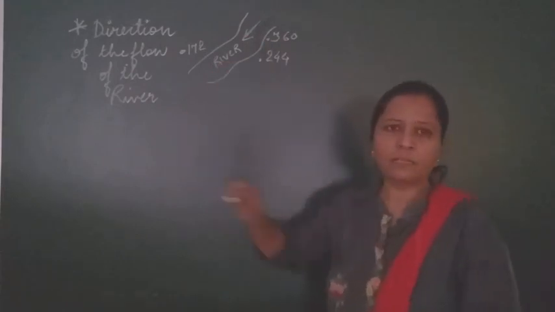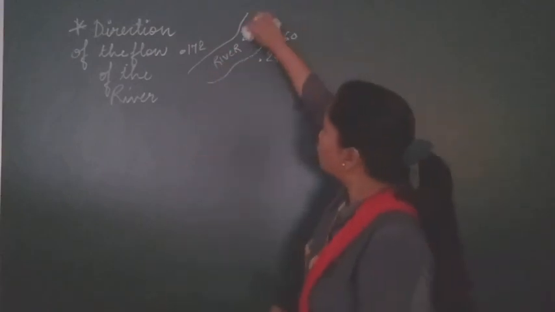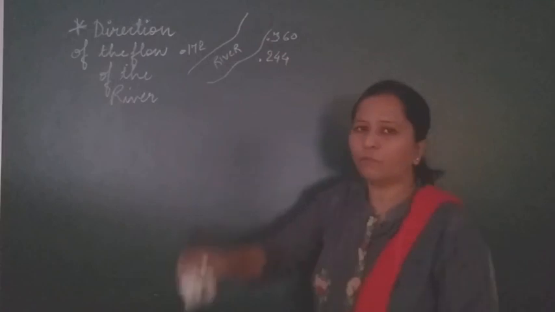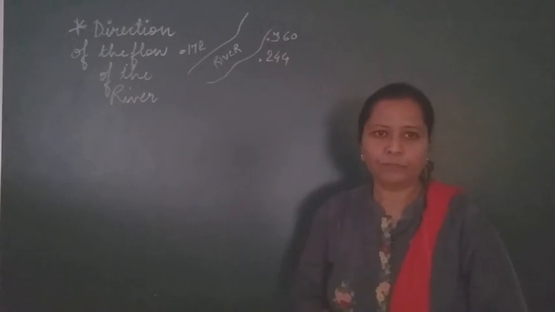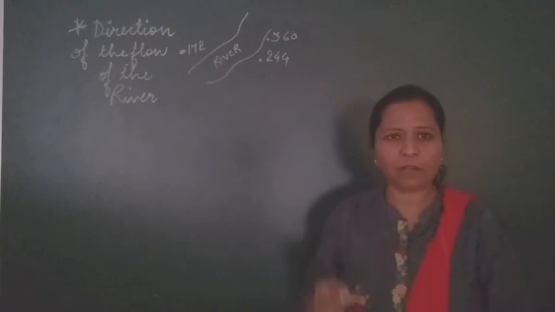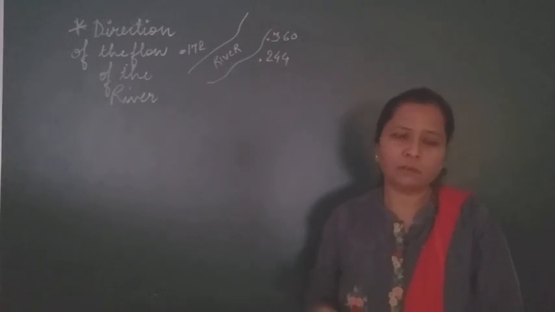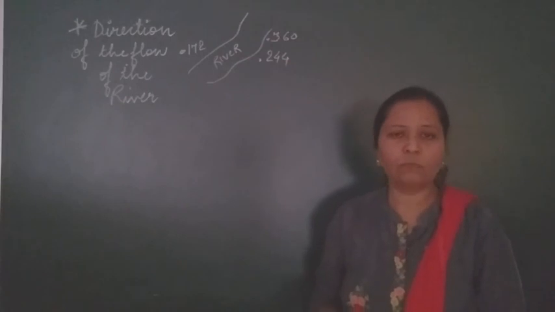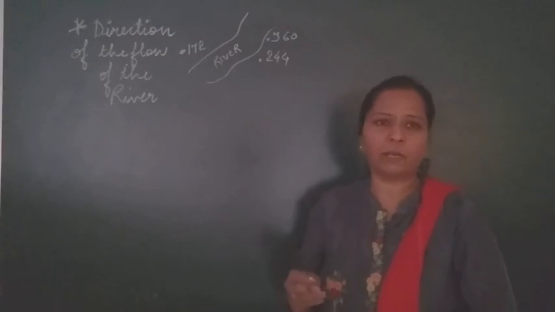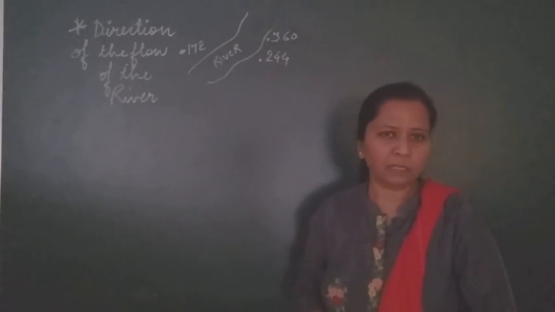But for instance, if there is no arrow, then how are you going to find out the direction of the flow of the river? Where the river is flowing, nearby the bank of the river, you will find different spot heights. Already in the previous lecture we have studied what you mean by a spot height. It is nothing but the particular area is being surveyed and the height of the particular area is being mentioned on your topographic map. This is what spot height is.